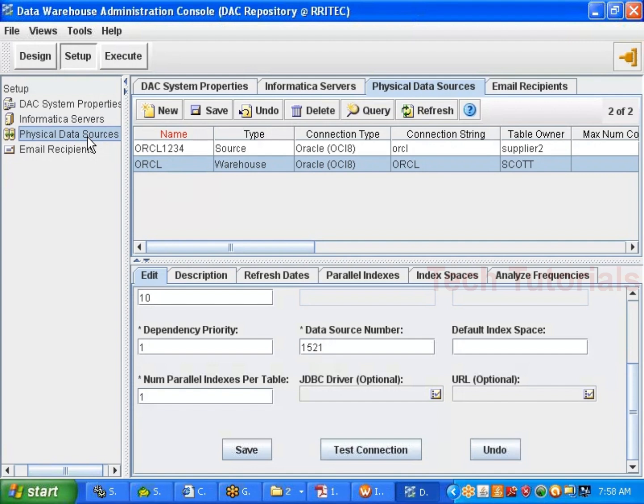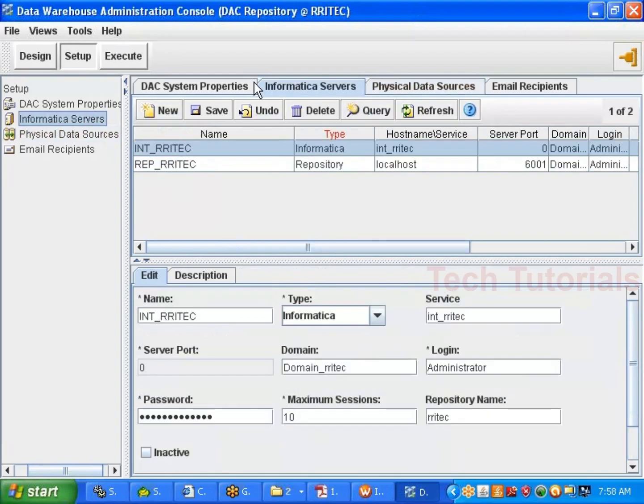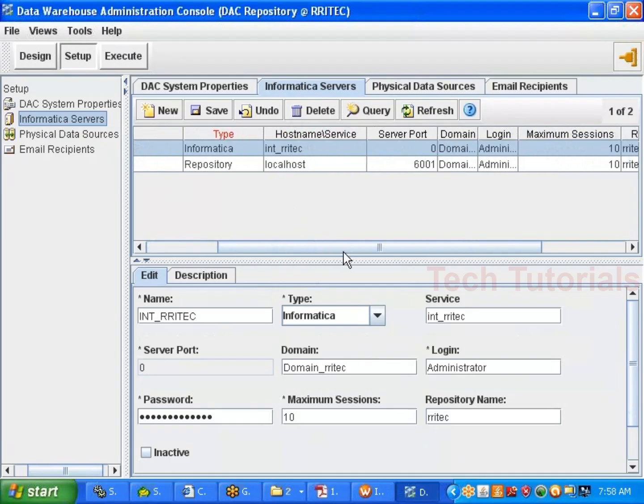And from here I want to run that. That means running by which server, sir? Integration service. So now I need to contact the repository service and also the integration service. That means I need to integrate my DAC with Informatica. To integrate my DAC with Informatica, I need to go to Informatica Servers. Double click on that. Then this window will be refreshed. Once it is refreshed, I have here, I already configured